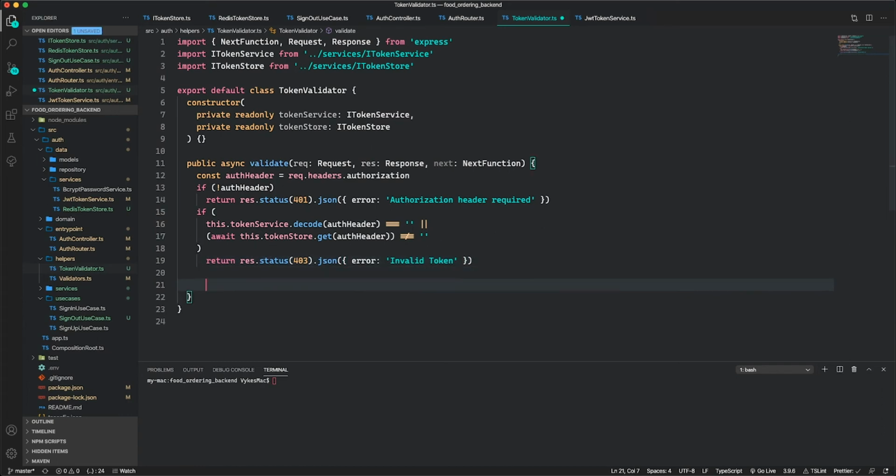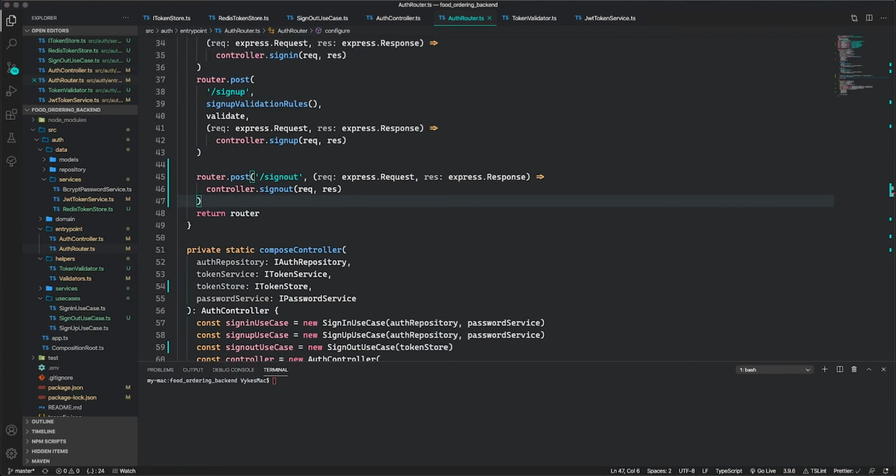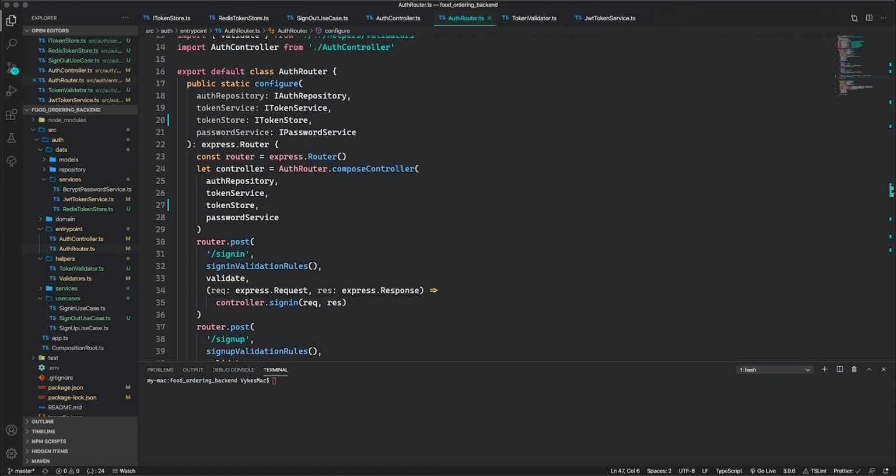Otherwise, if everything is right, then next function to execute the request on the controller. So this is my token validator, and inside my auth router I will use that token validator to validate my sign out. So I will pass it in here